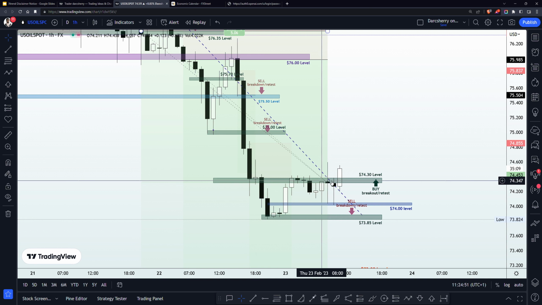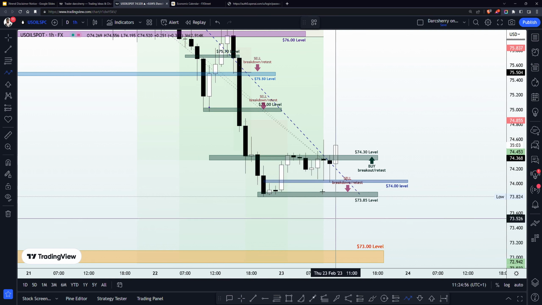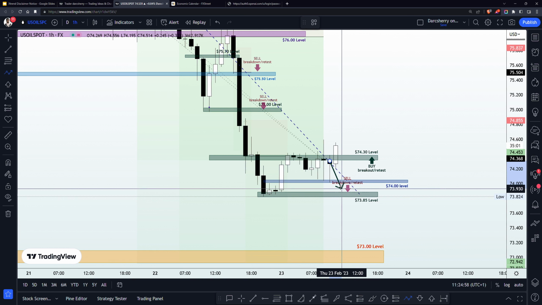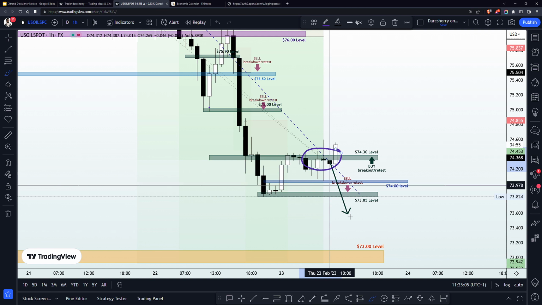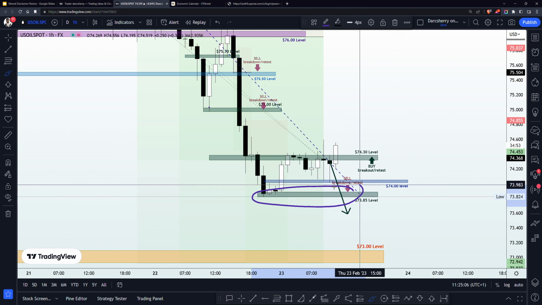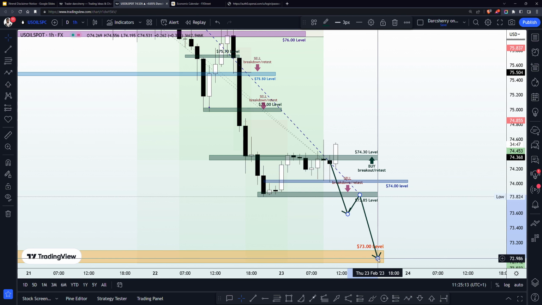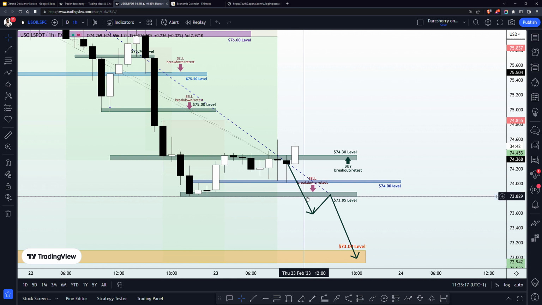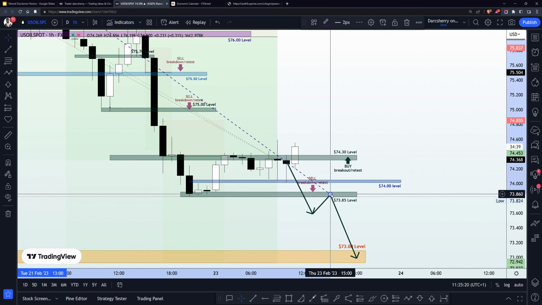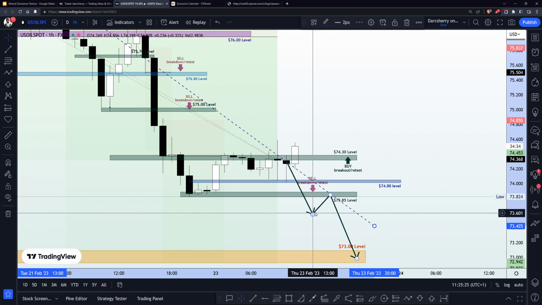So in that regard, since we already have a structure here, there is a likelihood that price action might take us out of our current buy position in such a way that it leads into a false breakout here, where a breakdown of the $73.85 level will be a beautiful signal for selling opportunities in this market to the downside. And if that is going to be the case, we want to be having our sell stop order right below the structure. And if price action does a retest of structure, respecting that bearish trend line one more time, then we could be adding more position to our existing trade.